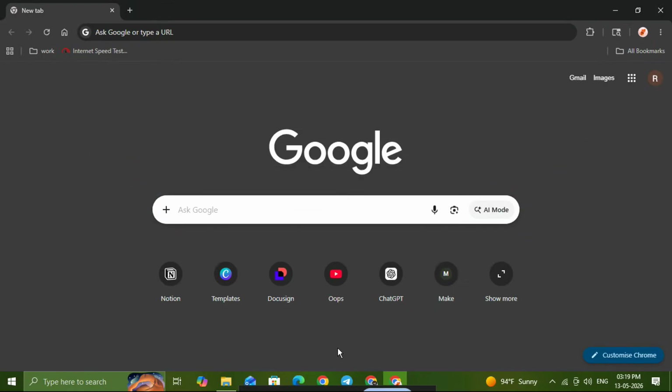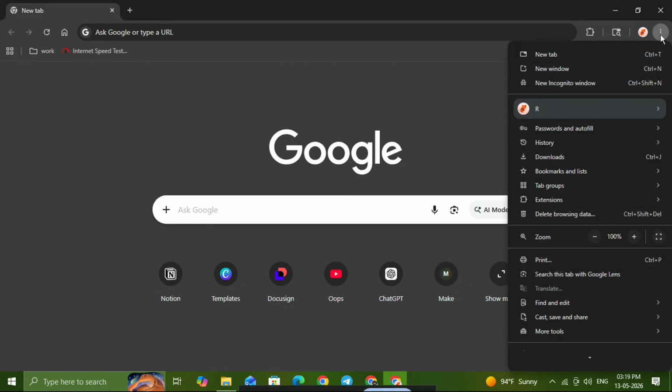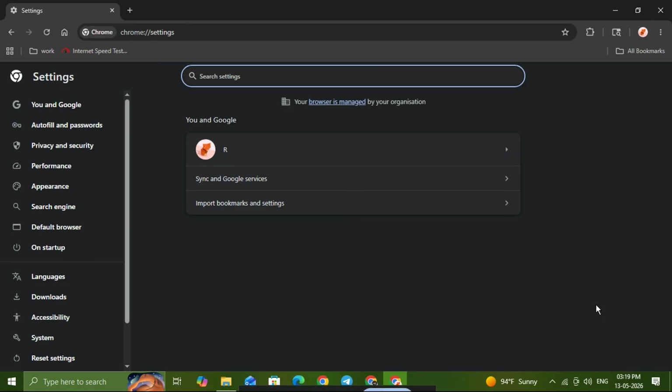First, open Google Chrome on your computer. Once Chrome is open, look up at the top right corner of the browser window. You'll see the three dots menu. Click that menu to open Chrome's main options. From the drop-down menu, click Settings. This will take you to the Chrome settings page, where you can change how the browser behaves when you start